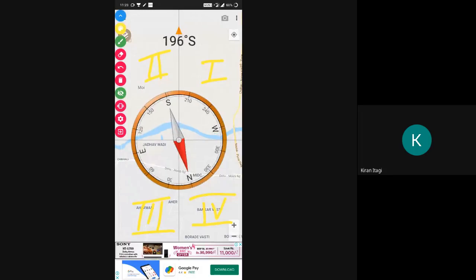Now see what I am doing. I am pointing towards my first quadrant. Means the upper arrow mark, you can see 142 degree it is showing. Now you can see the north side is pointing towards the third quadrant. Now slowly I am rotating. It changed to the fourth quadrant, but it is always pointing towards the north direction. See, I am rotating, but still it is pointing towards the north direction. So this is how we will take the readings.